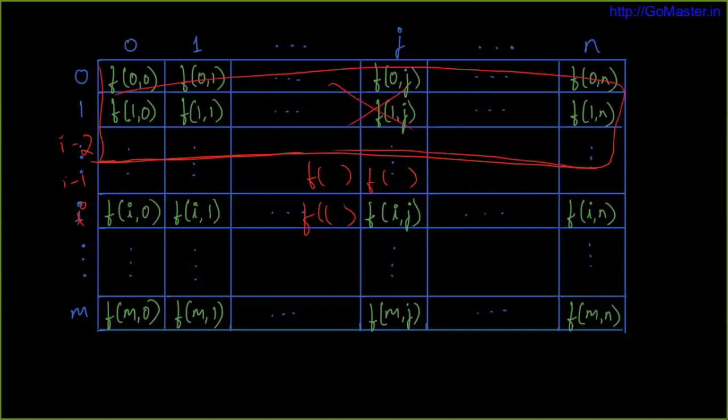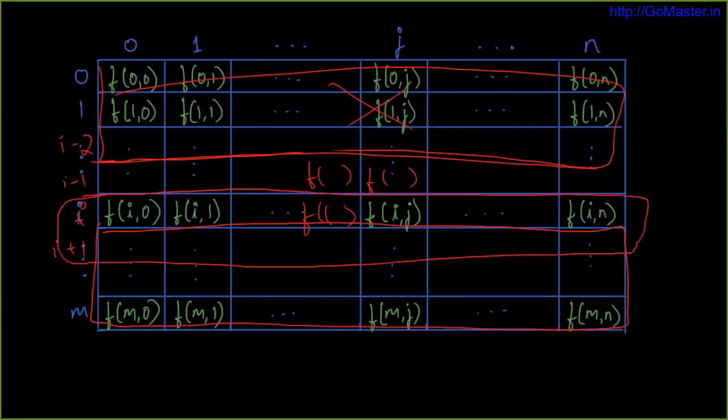So, none of these rows after i are yet used, right? So I don't have to remember them at the moment. And when I'm done with the ith row and go to the i plus 1 row, I only need the ith row, because that is going to be the previous row and i plus 1 is going to be the current row. So I don't need the i minus 1 row. I can discard that, right?